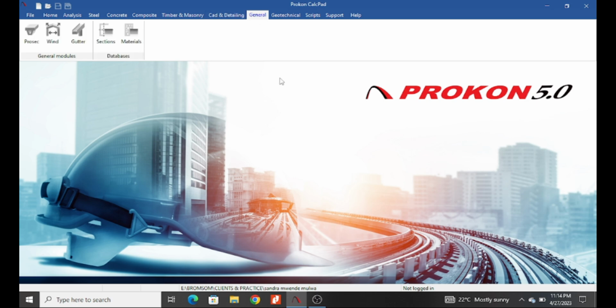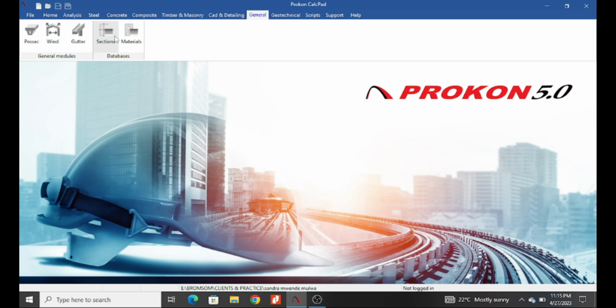We also have general information, and you could design for wind, gutters, and you also have databases under general information. These databases contain properties of your materials and sections. Remember, we are designing for steel, for example, and this still has different member sections as they come from the manufacturer.